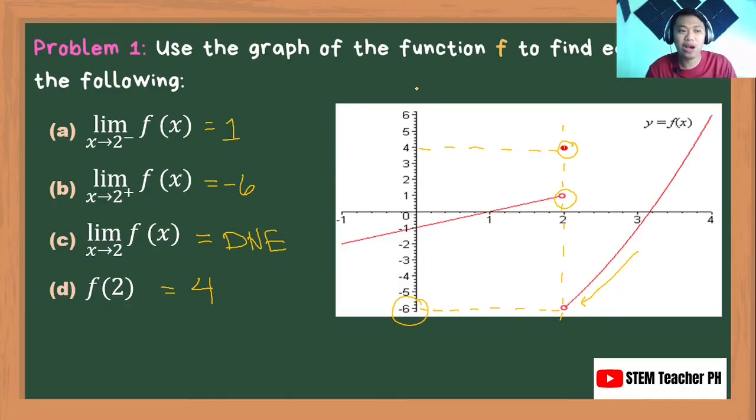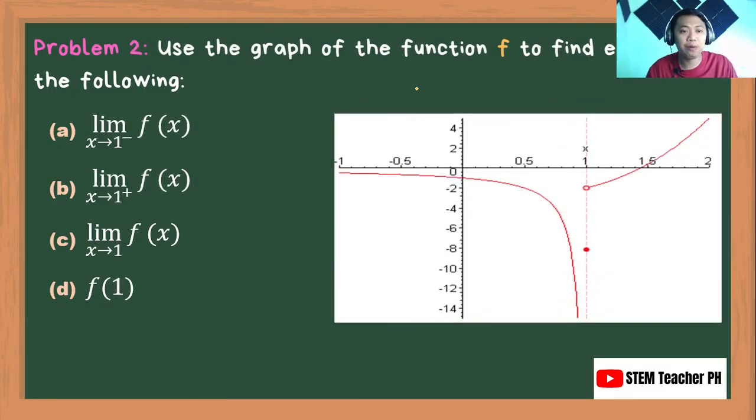Meron pa tayong dalawa. So, we have here, problem number 2. Kukunin ulit natin yung value. Ang concern naman natin as we approach 1 from the left, from the right, yung saktong value ng ating limit tsaka yung value ng ating function at 1. So, ang concern natin, etong red dotted line na to, kung makikita natin, from the left muna tayo, yung value